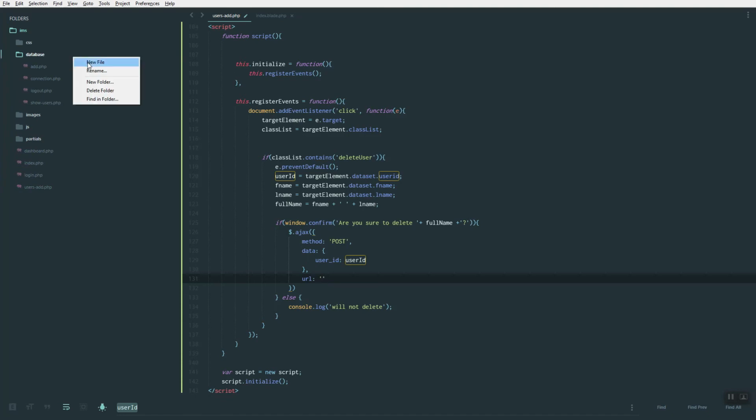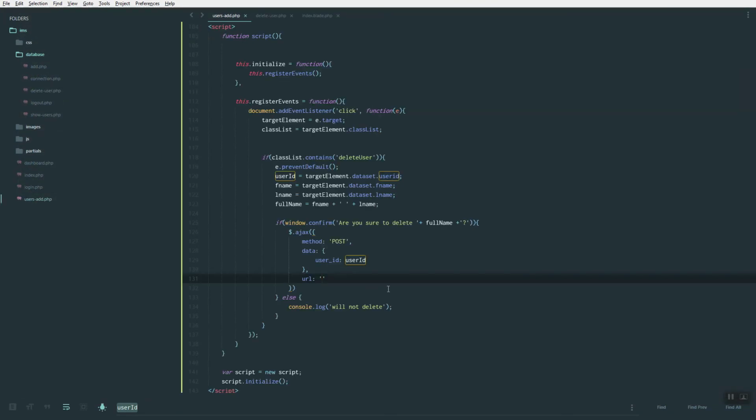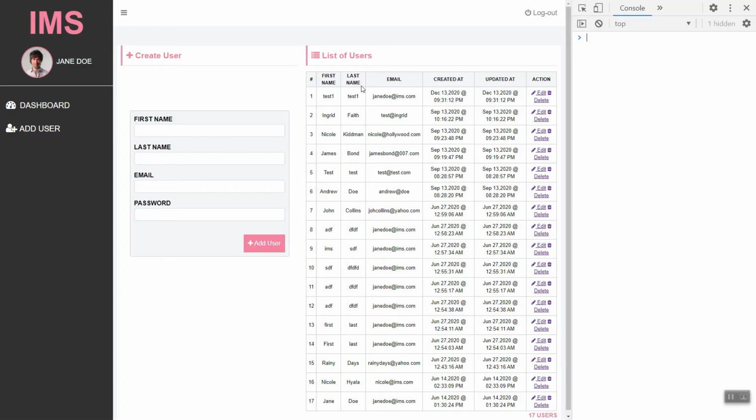So here we can just add a new file. We call this one delete_user.php, and then we can just call database delete_user.php. So let's try delete. Okay,